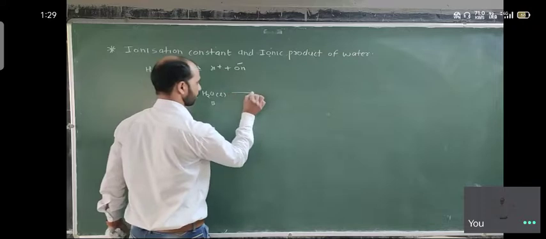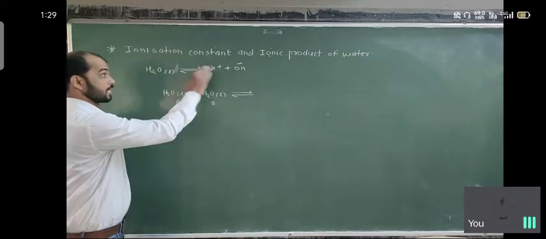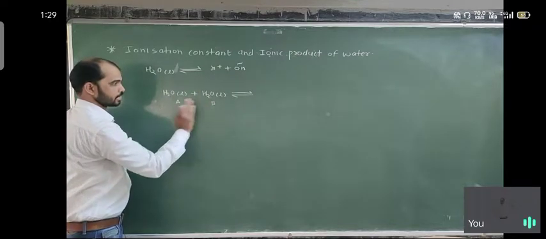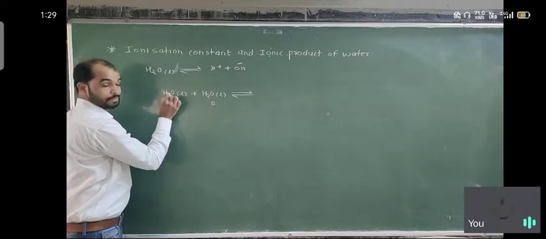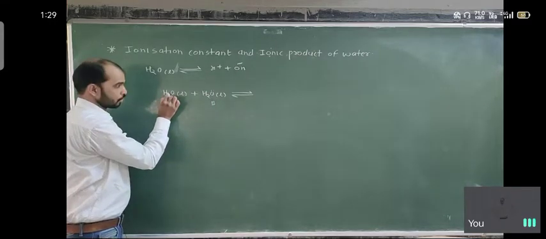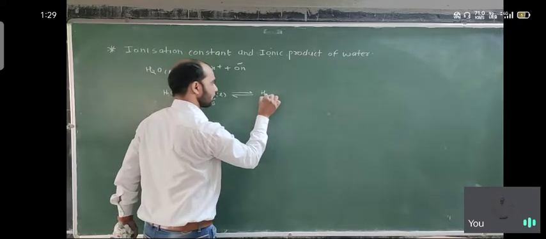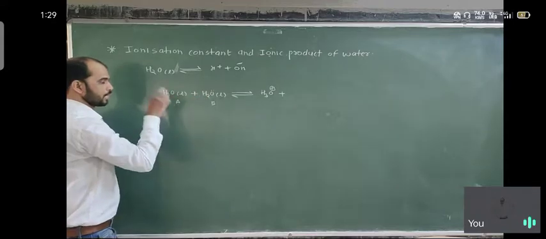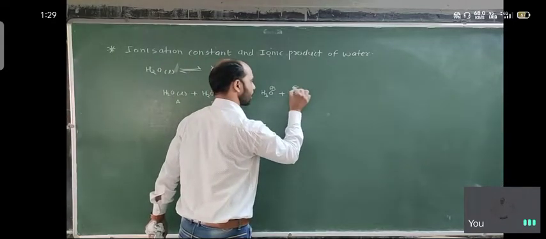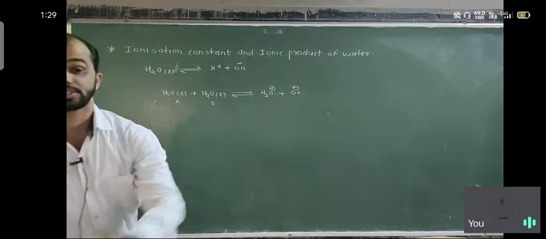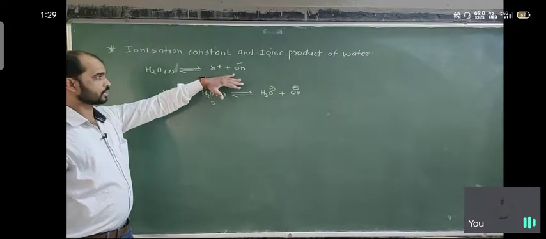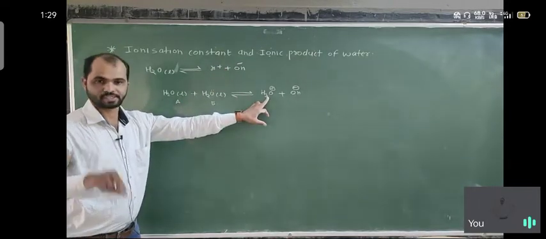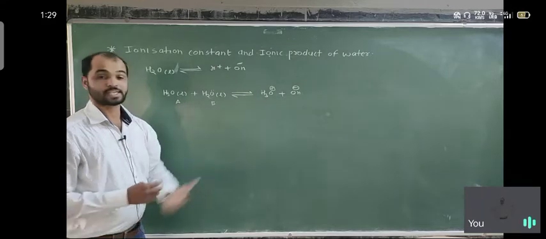So here it is ionized only to a very small extent. When one of the water molecules accepts the proton, H plus being the proton, it converts into H3O plus, with a positive charge, and after the acid loses the proton, the remaining part is OH minus. So this is the dissociation. This dissociation is very low. No doubt both are the same, because H3O plus also represents the H plus ion.